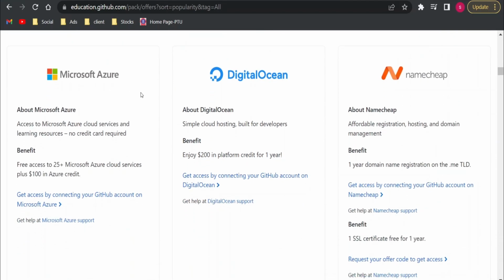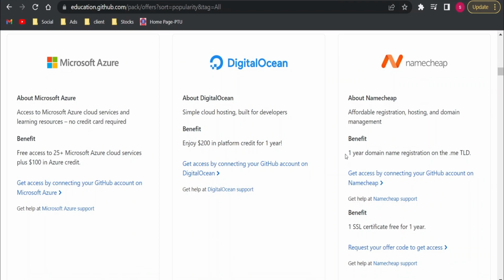First of all, there is Microsoft Azure, which is a virtualization platform where you can virtualize your machines and many more things. Second is DigitalOcean, which is a hosting platform. Third is Namecheap. If you talk about a business plan, first you can do blogging from it. Namecheap is a platform where you can buy a domain for 1 year free of cost, and you can use that domain to build a website, which can be hosted on DigitalOcean, also free of cost or with minimal charges.